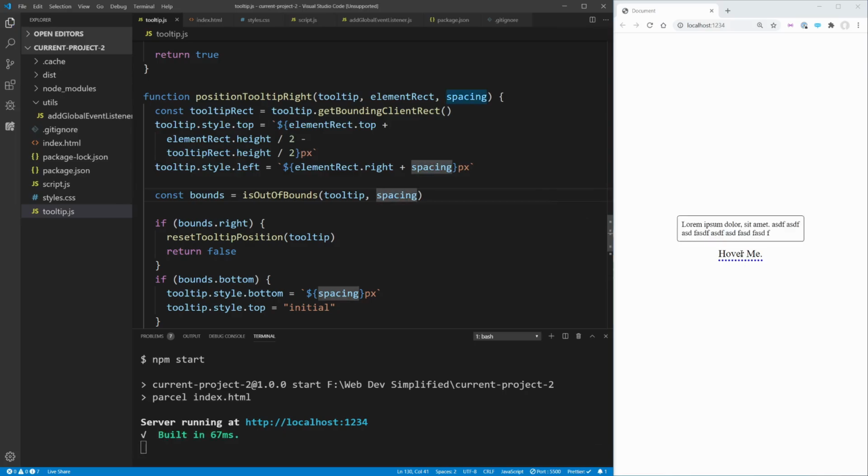Now we can hover. You can see it shows up on the top. Come over here, it shows up on the left because that's available. And then here, it's going to go left and then right. So hopefully we'll see that it shows up on the right-hand side. So now, no matter where we are positioned, our tooltip is always going to have an area where it's going